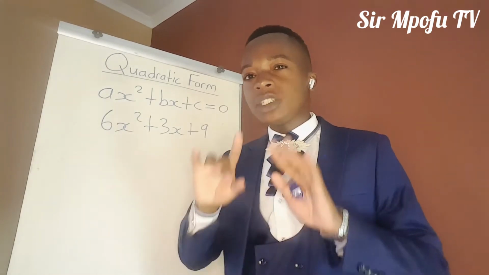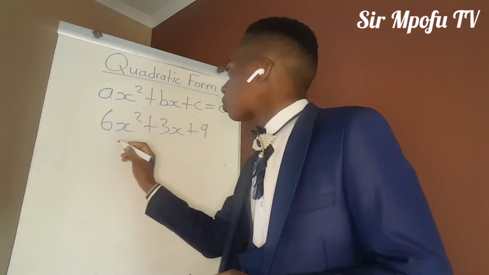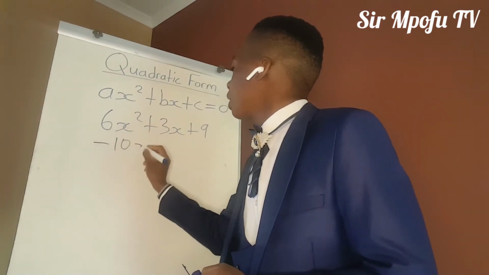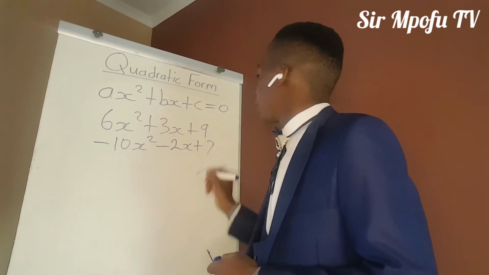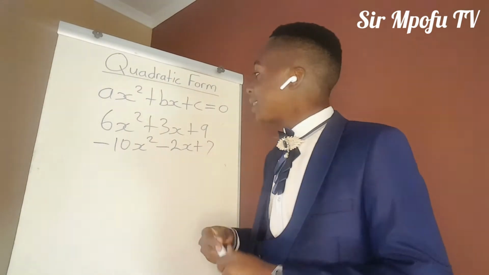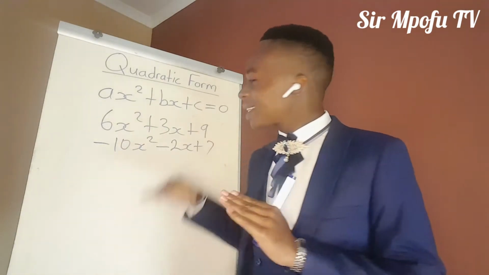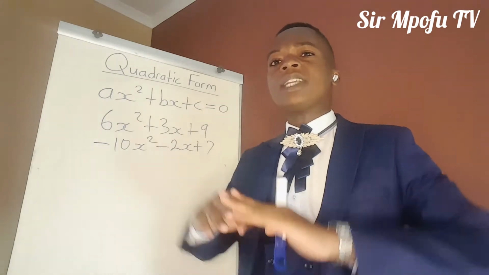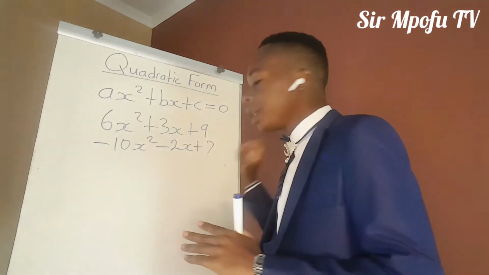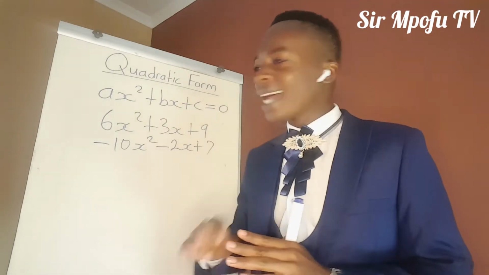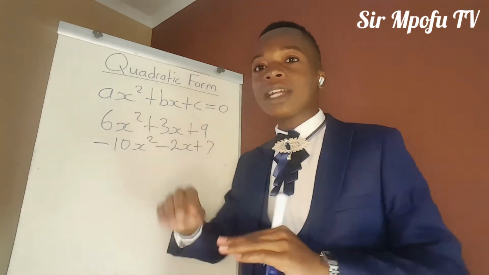I don't want people that normalize mathematics. Even if, okay, let me give you an example. Minus 10x squared minus 2x plus 7. When it comes like this, you can see that coefficient of our quadratic term is having a negative sign. If it comes like this, don't normalize mathematics. It will be still a quadratic expression or an equation if there will be an equal sign. Don't think that all quadratic expressions or equations, they should come with the coefficients that will be having positives.